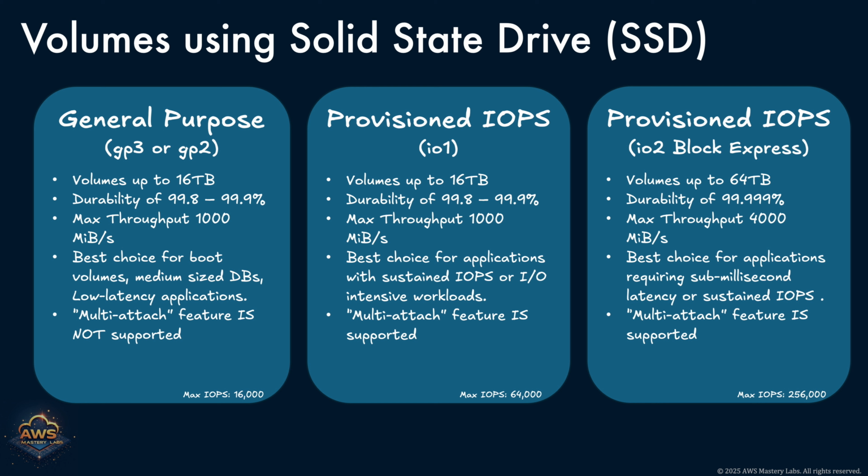This makes it ideal for I/O-intensive workloads, such as large-scale high-performance databases like Oracle, SAP HANA, SQL Server, real-time analytics engines, and high-throughput transactional systems that cannot afford performance degradation or data loss. Block Express leverages a scalable and distributed architecture, similar to that used in high-end SANs, storage area networks, offering consistent performance at scale. It also supports multi-attach, allowing the same volume to be simultaneously connected to multiple instances for high